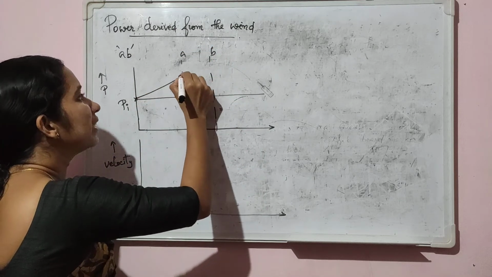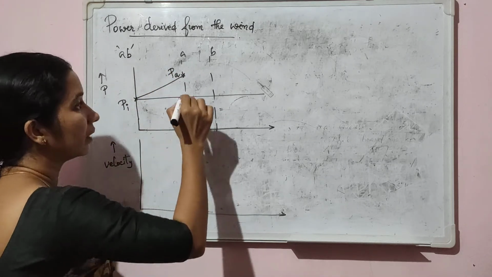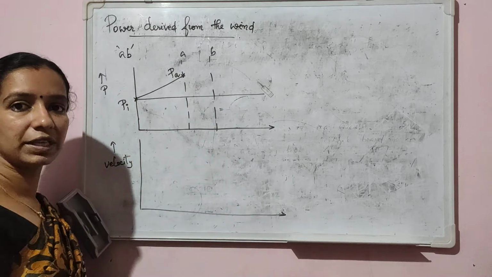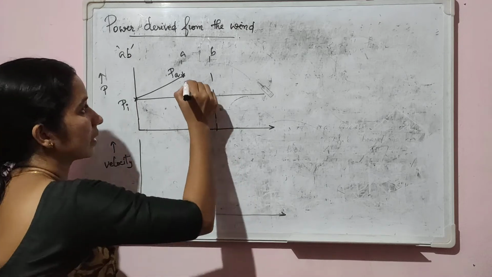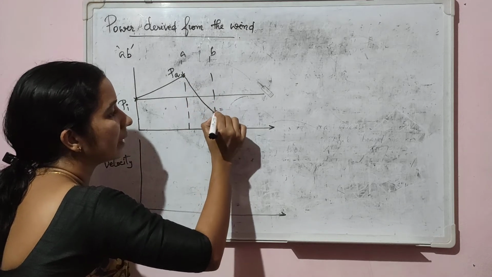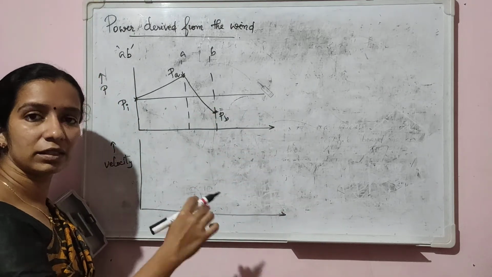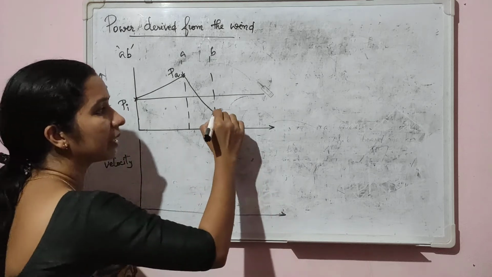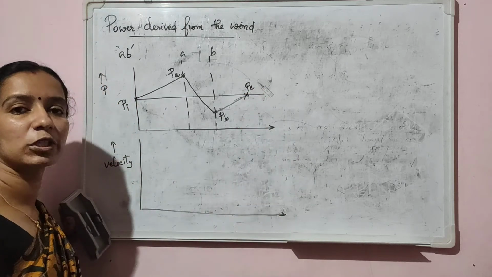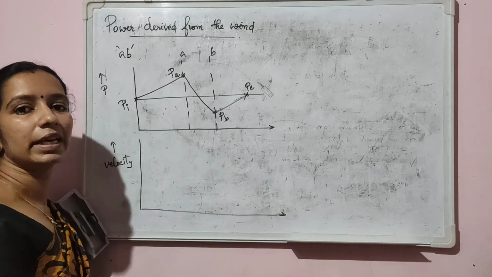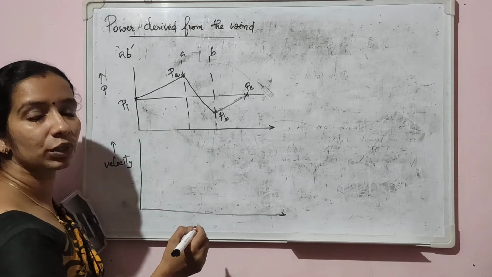So on striking the turbine, the wind is assumed to have a pressure of Pa, and when this wind strikes the turbine blade, the wind expands and its pressure decreases. So it can be drawn like this, and here the wind pressure can be marked as PB. And after leaving the turbine and traveling through sufficient distance, the wind regains its pressure, and let it be PE, the pressure of wind at the exit side of the turbine. Okay, this is the pressure variation graph. So now let us draw the velocity variation.